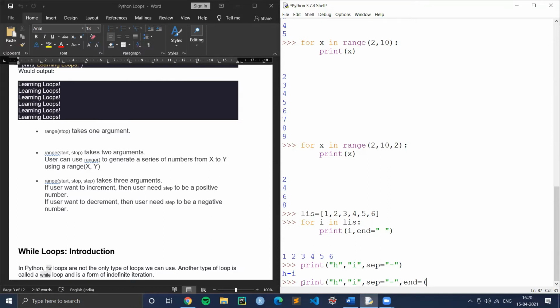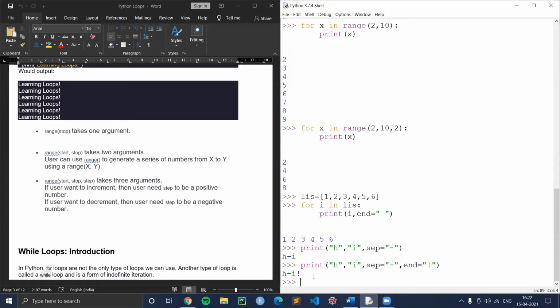So now what is it going to print? Anybody can just predict the output. I'll just print the statement. So it was h dash I and then an exclamation mark. So whenever anybody asks you to print the output of a for loop in a single line, you can print it using this separator, which is called end. So this was all about for loop.